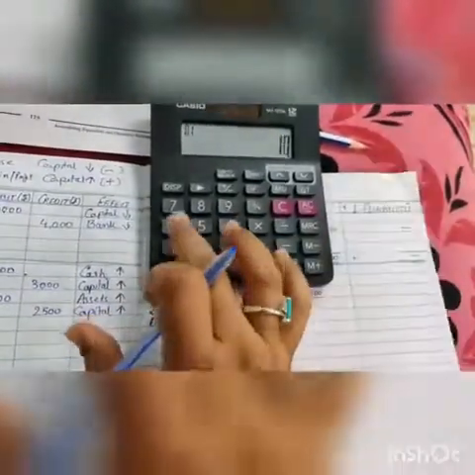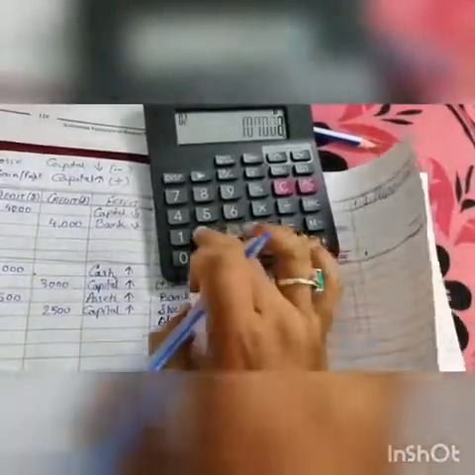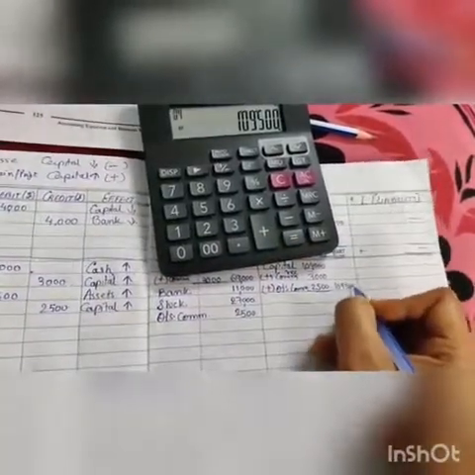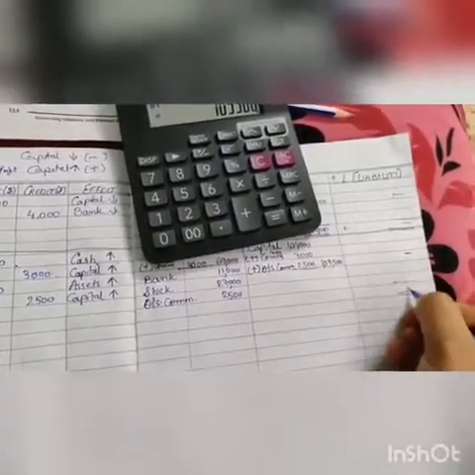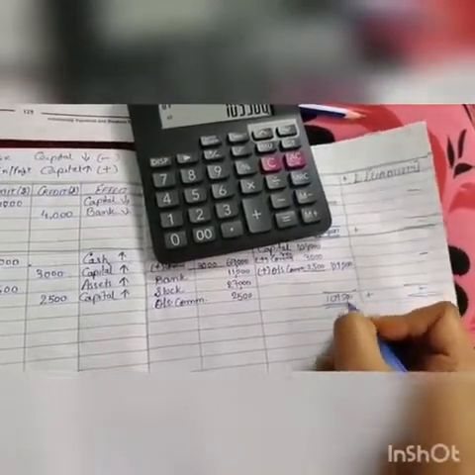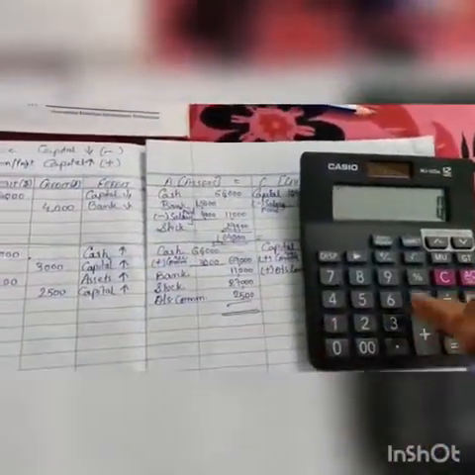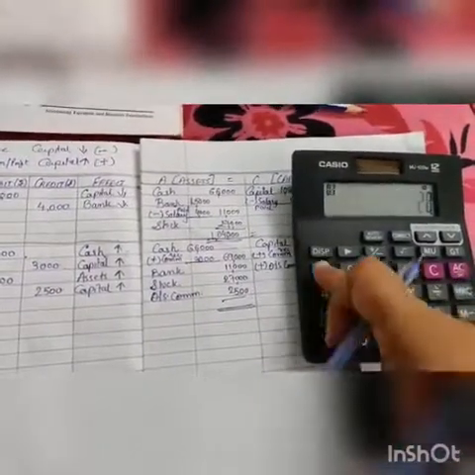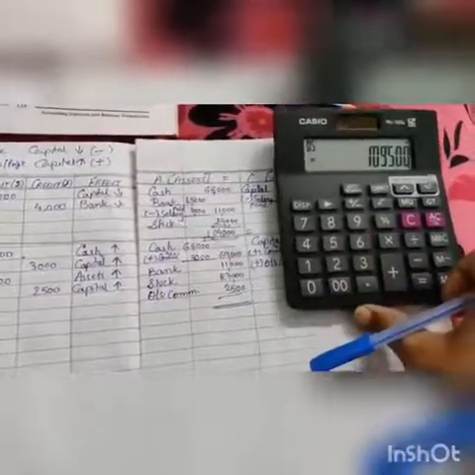So what in total you will get, see, 1,04,000 plus what is there, 3,000 plus 2,500. So what you are getting in total, that is 1,09,500. Here nothing is there, so put dash. So here again we will do the total, nothing, then plus here 1,09,500, and here we will see what you are getting. So see, first there is 69,000 plus 11,000 plus 27,000 plus 2,500. What you are getting, 1,09,500.